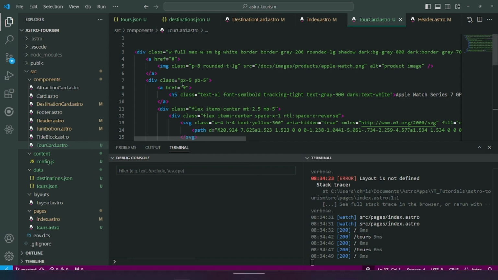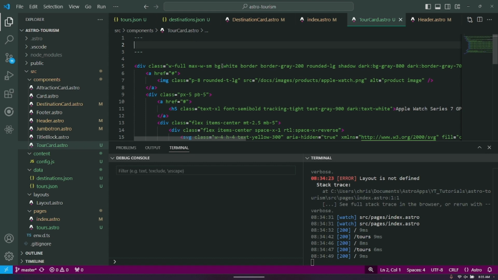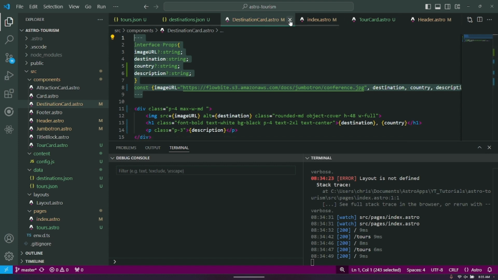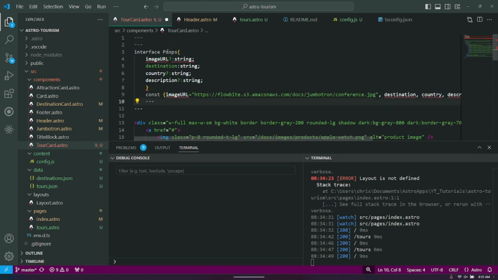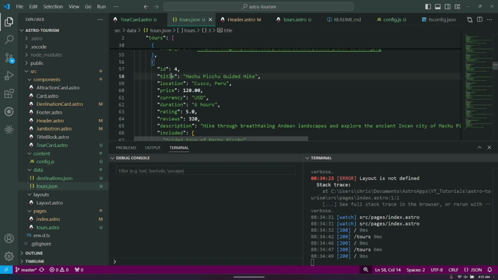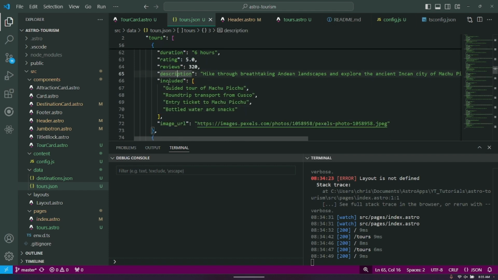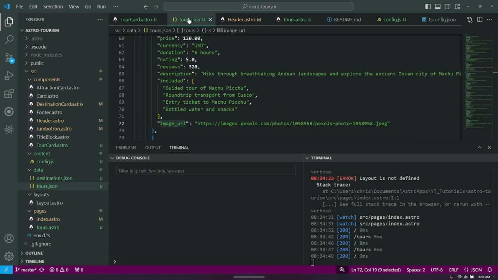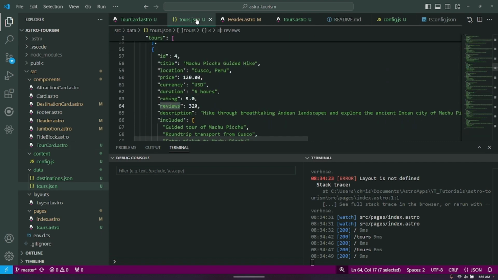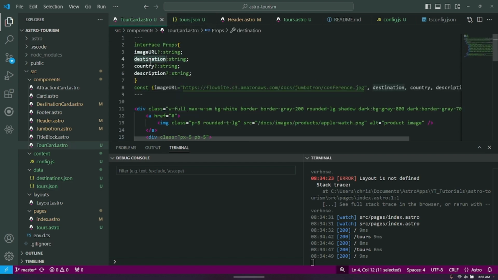And what we would do at the top, we'll go into destination card and just copy these and close all of that, paste it. So if we look into our tours.json, we've got a title, location, price, currency, duration, rating, reviews, description, and then this included thing and the image URL. So the tour card, we want to basically duplicate what we've got here. So the image URL is fine. We're going to change it to location,